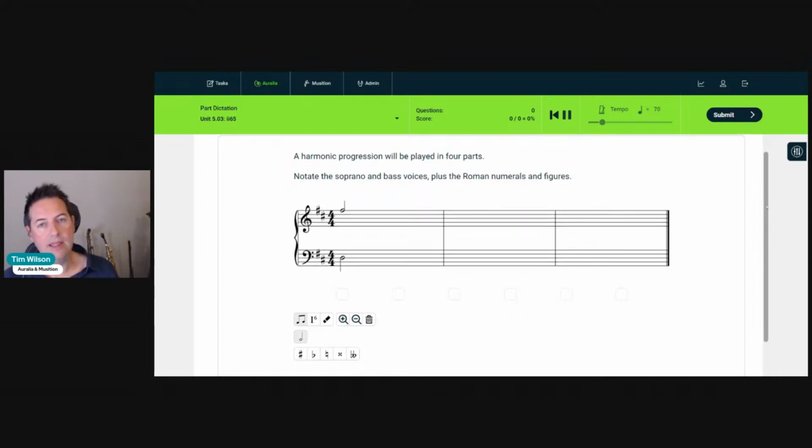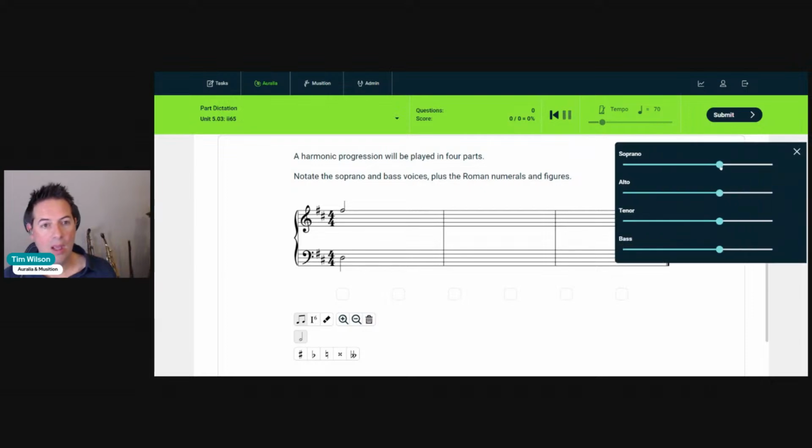But the great thing is that in this practice level, we have the ability to use the mixer control here. So this is great, essentially allowing students to increase or decrease the level of the various voices to just help distinguish them in those skill building stages. So you as the instructor can control what these sliders actually do. So even though I have the alto, tenor and bass voices pulled right down now, depending on what you apply as a teacher, the student may or may not be able to actually mute each voice. So in this case, if we play this back,